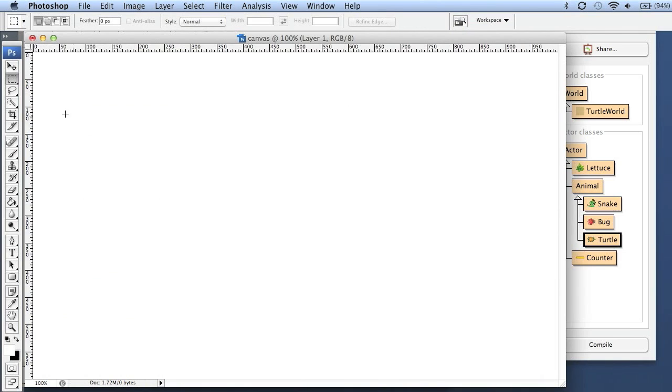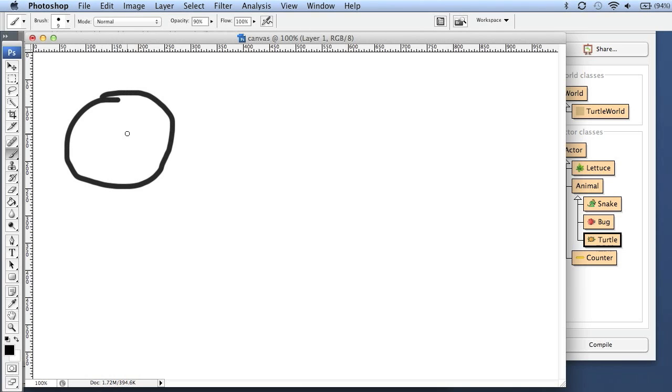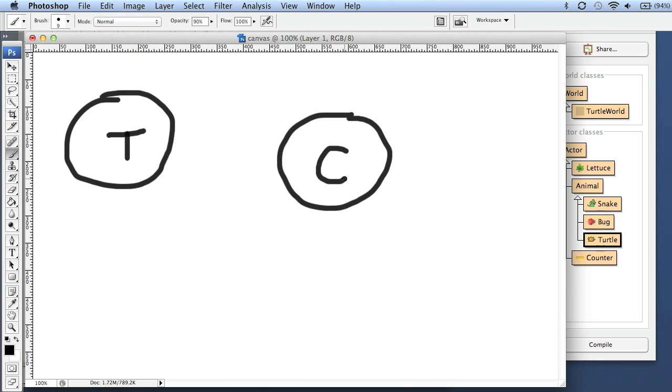The turtle is an object. So let me draw that here. So here, this is my turtle object. I write a T in here for turtle. So if that's my turtle object, and I have here my counter object, that's my counter. The turtle can only talk to the counter if the turtle has actually a reference to the counter stored, but